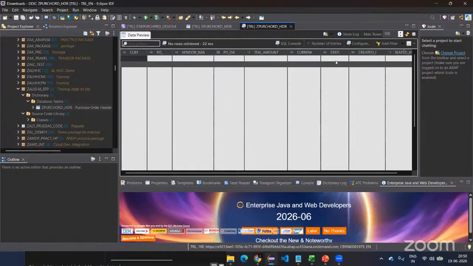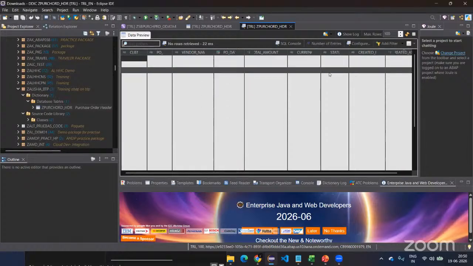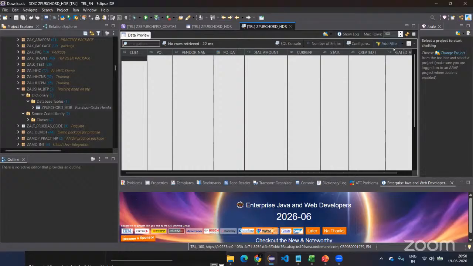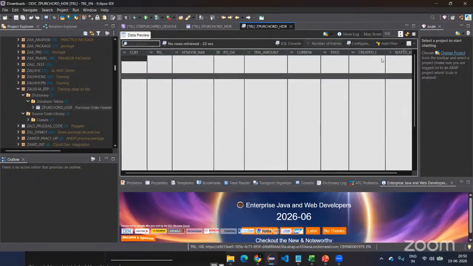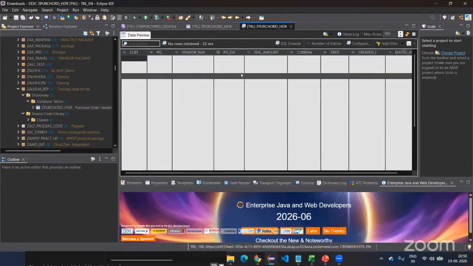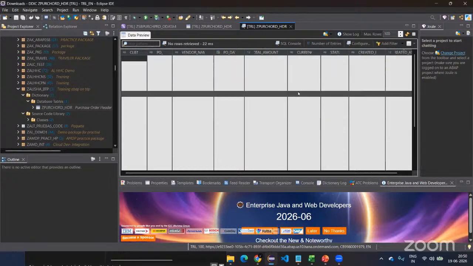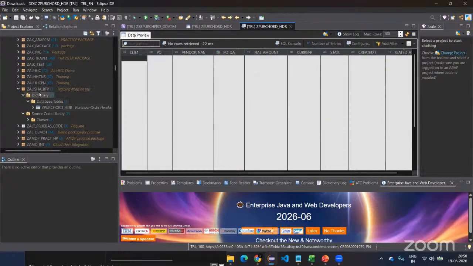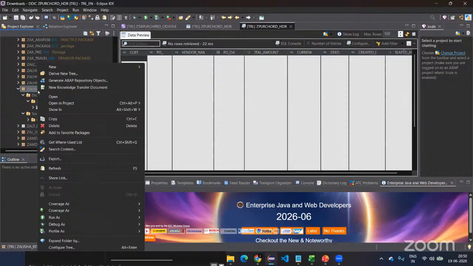To insert the data, right now we are going to create a class. In the updated versions of Eclipse ADT, there is a plus button provided from which you can add the data from here itself. But in this version I don't have that. So what I'm going to do is create a class, new